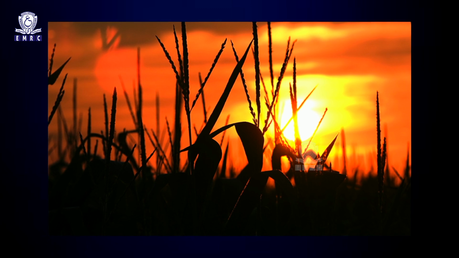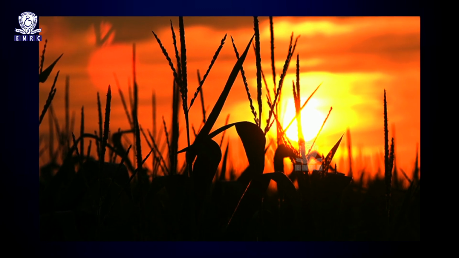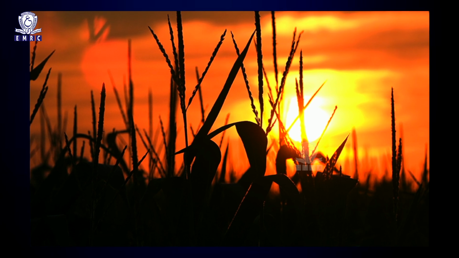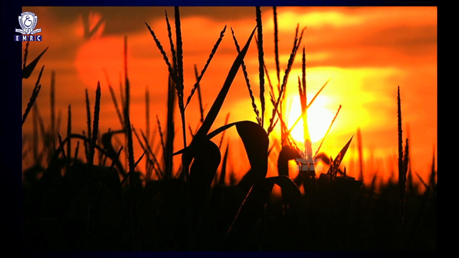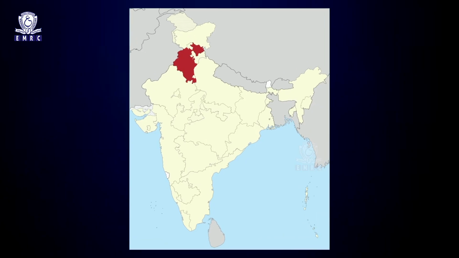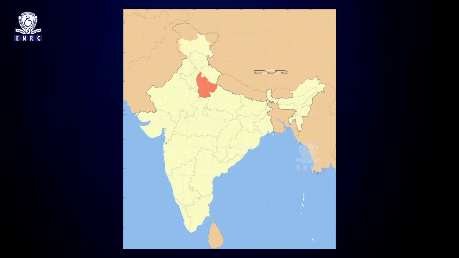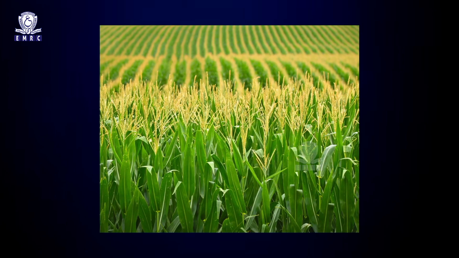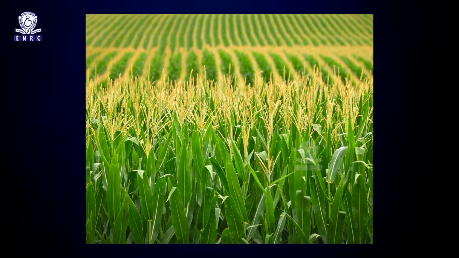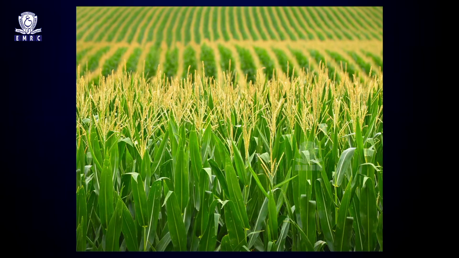Naturally, the benefits of the new technology remained concentrated in this area only. Moreover, since Green Revolution remained limited to wheat for a number of years, its benefits mostly accrued to areas growing wheat. These were the regions of Punjab, Haryana and western Uttar Pradesh. As a result, the benefit of new technology was limited to wheat and the northwest region of the country in the initial period of the Green Revolution.